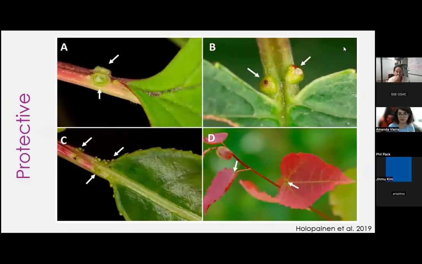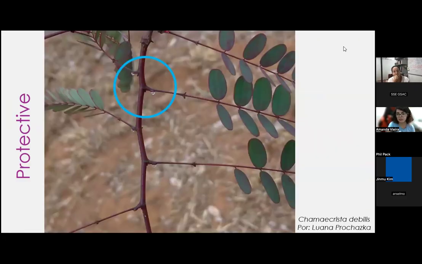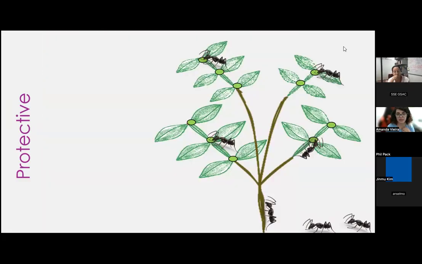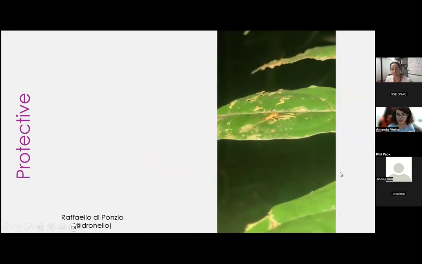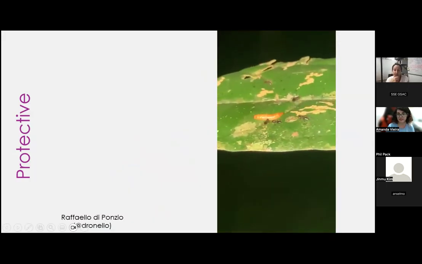They can vary in structure, in size, in shape, and in the concentration of nectar they secrete. Here we have a droplet of extrafloral nectar under a stereomicroscope. And this nectar attracts ants. Ants patrol the plants. While patrolling the plants, they can find herbivores, and they usually repel these herbivores or consume them. And here we have a video of a lab mate of mine showing this effect of ants